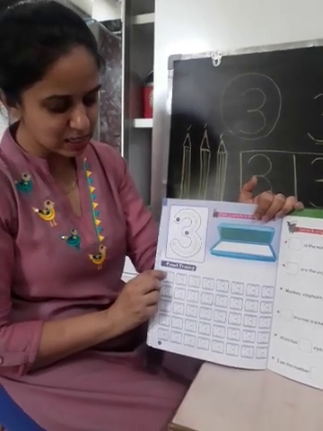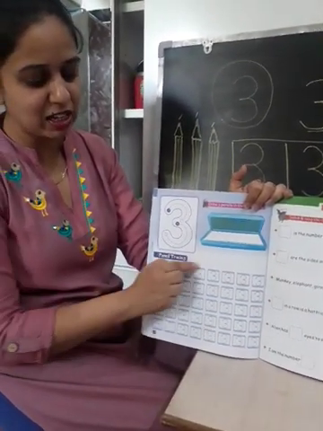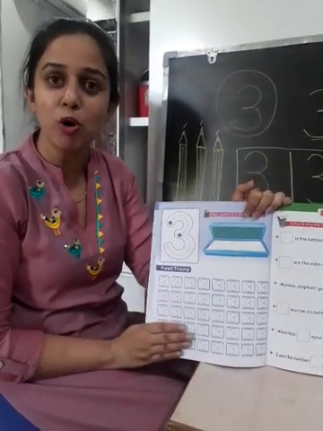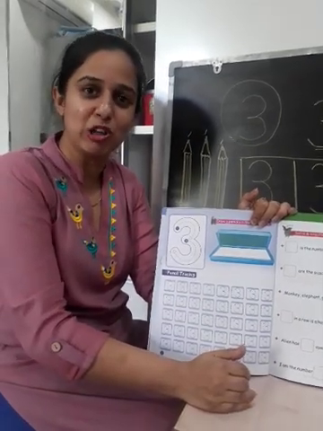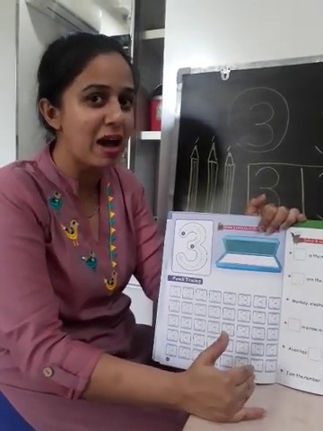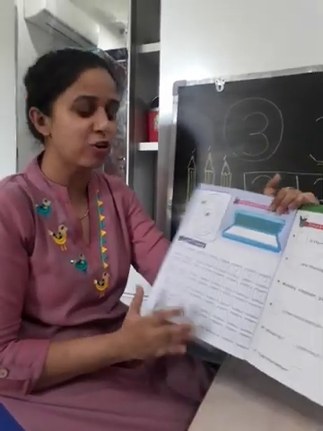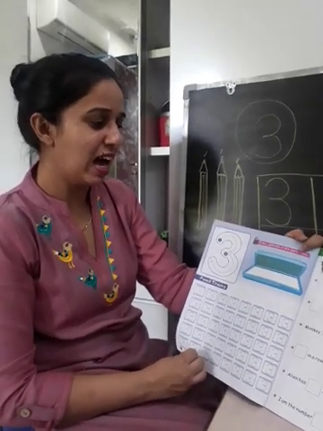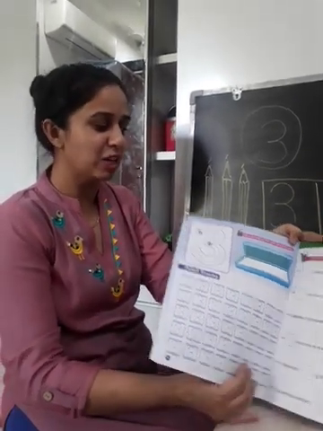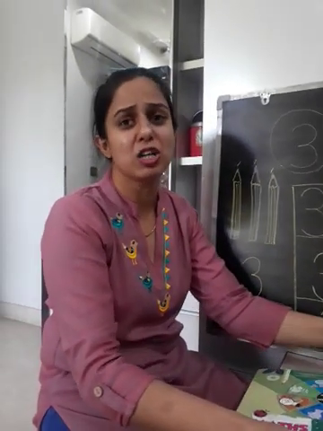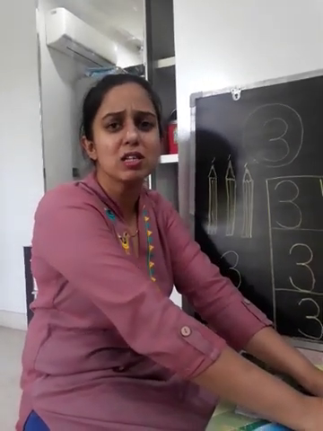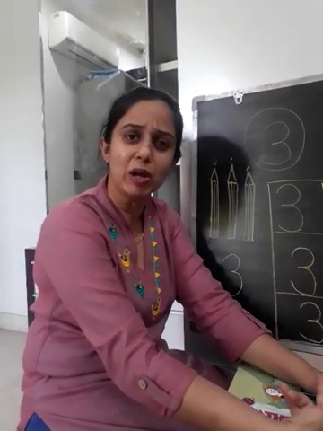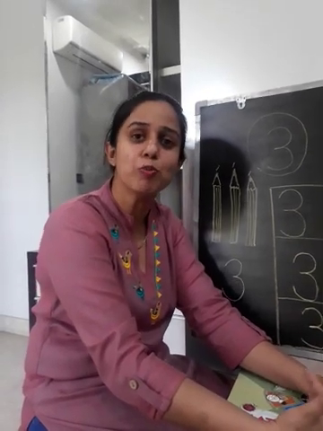Can you see these dots? Dots are already given in this workbook. Those who have already done this number 3 in the book can do it in the maths workbook or in a maths notebook also. Babies, ask your mama to draw dots and then you can practice it. Again I am telling you, babies, please don't do hurried work. There is no need to run. Do it slowly. Do 2 lines one day, 2 lines another day, but please practice it daily.